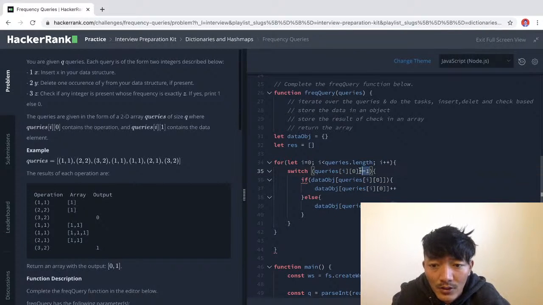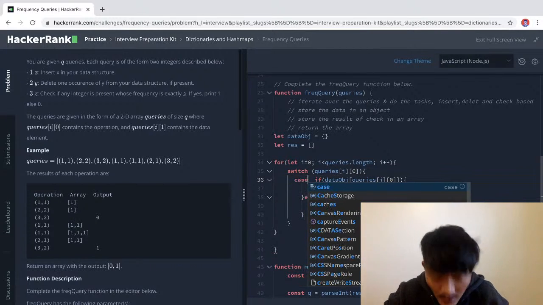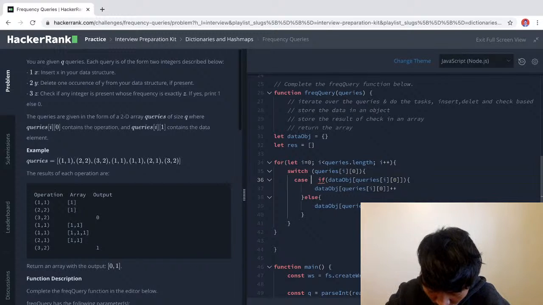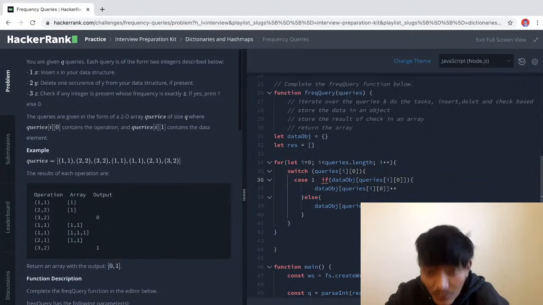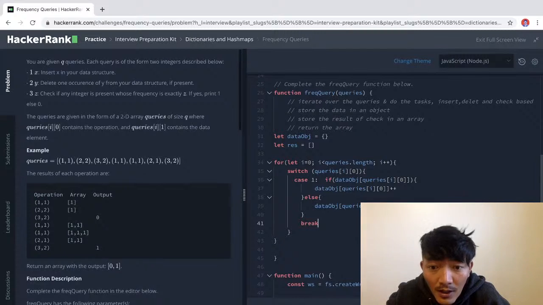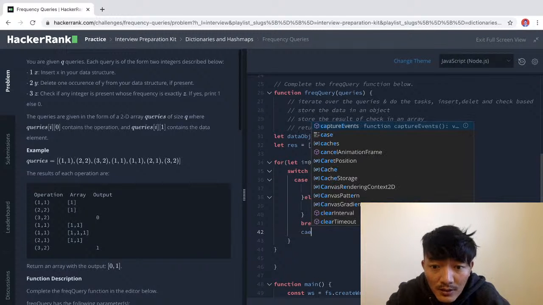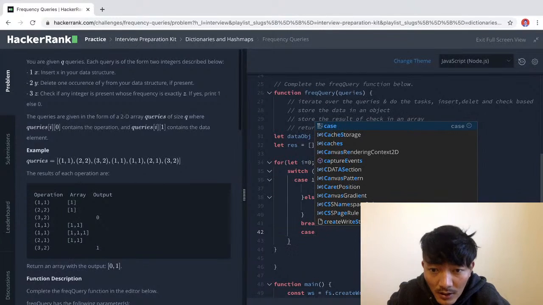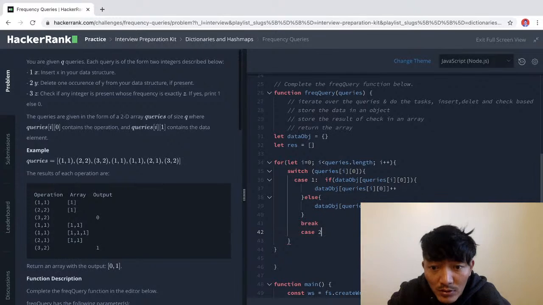Query of this, or can we do switch? Let's see if we can do switch. Case 1, we're doing this, and this is the end of it, so we break, and case 2,